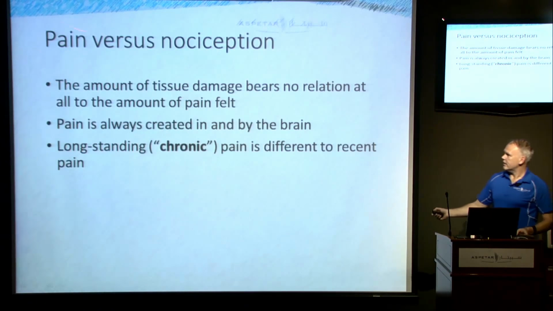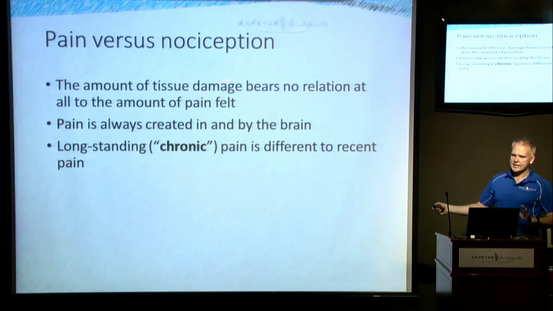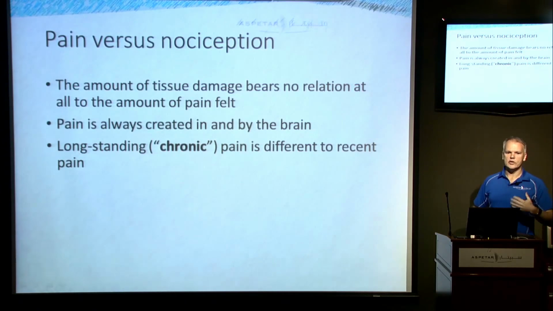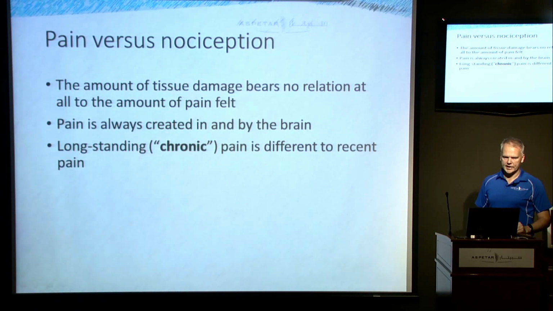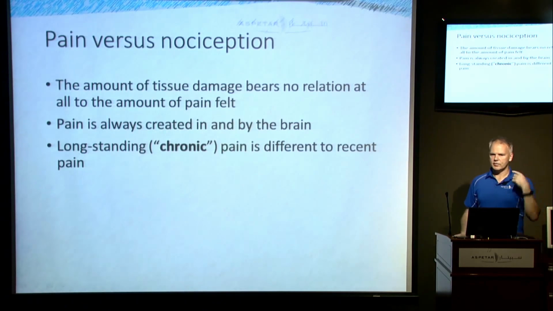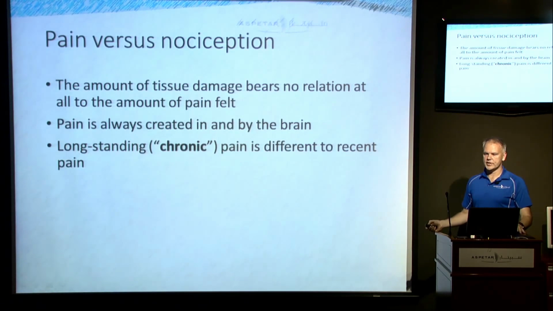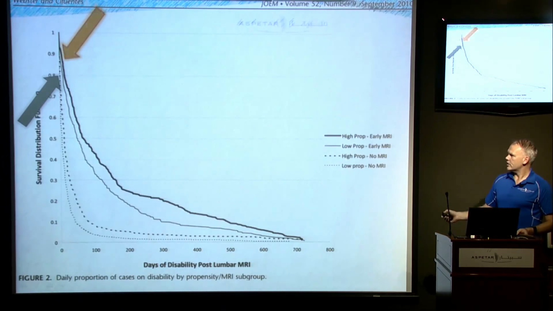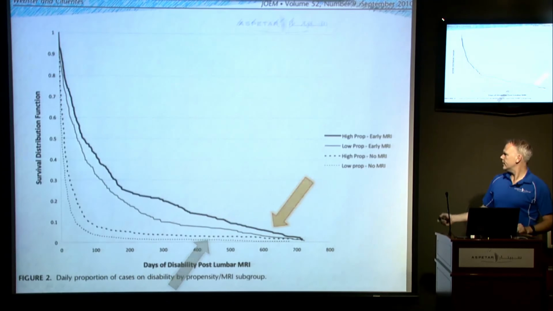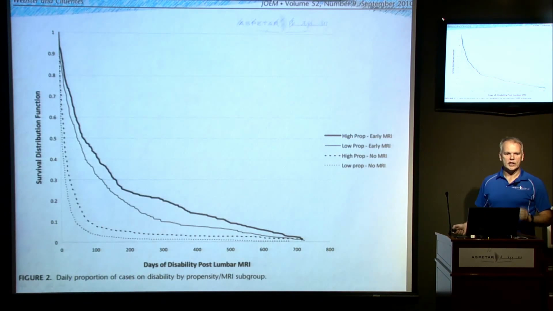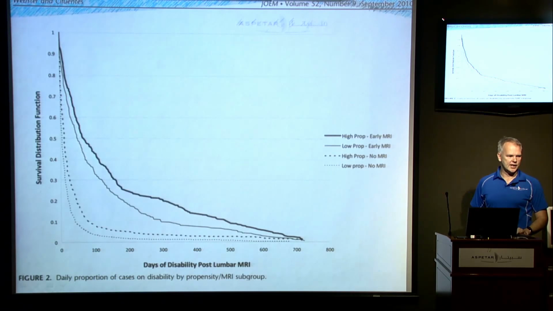So hopefully we now get the idea that really there's no solid link or no useful link that we can think of between the amount of tissue damage and the amount of pain you feel during this long-standing pain. And hopefully now that maybe starts to make some sense of some other research that I'd seen before, which looked at people with back pain, and when adjusted for what we call high and low pathology, why do you think if you have an MRI early on in your course of getting better, you actually have markedly worse disability than if we delay the MRI to later?